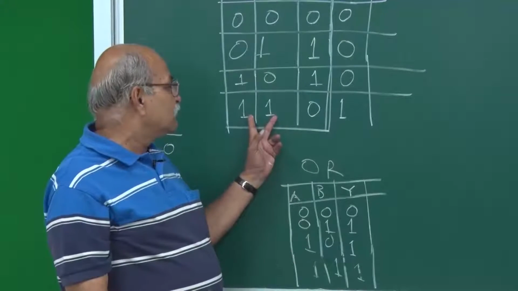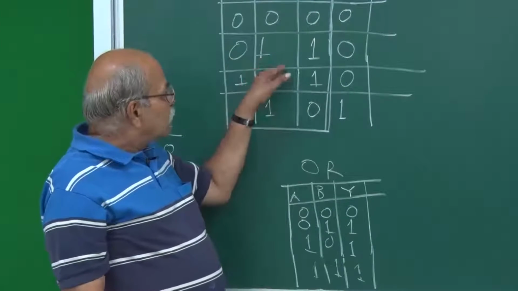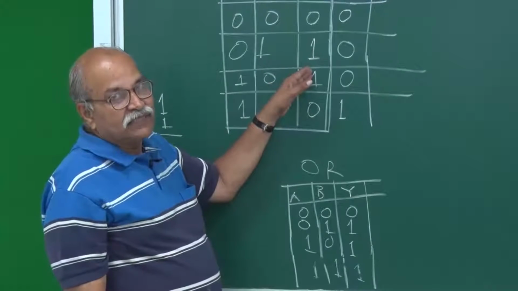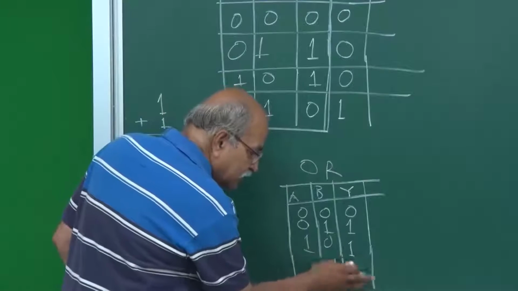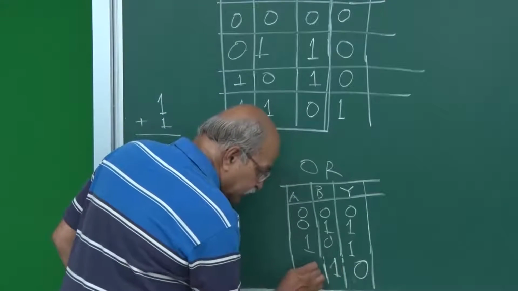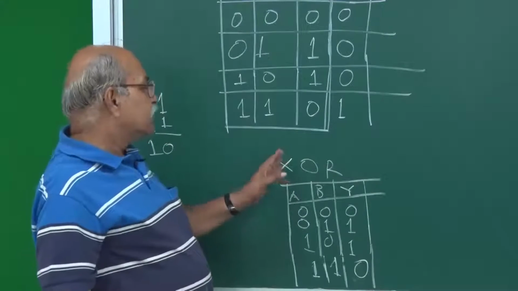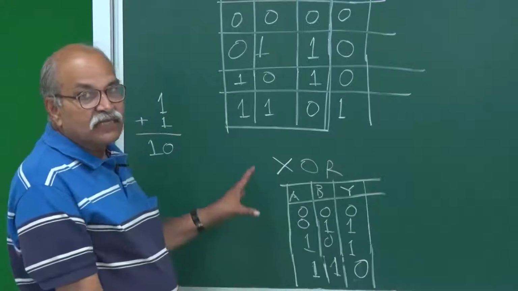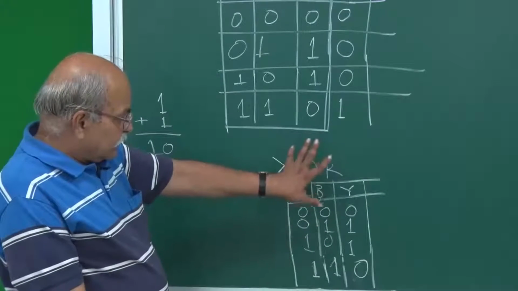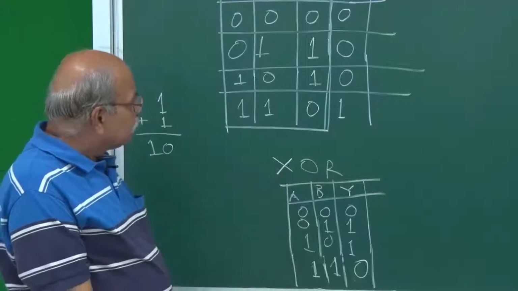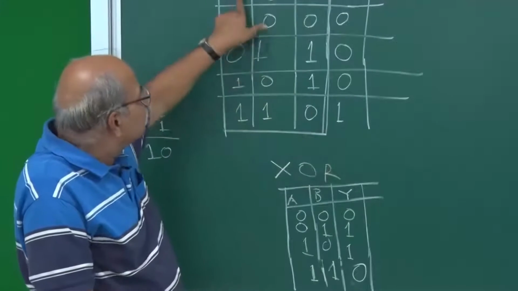So, if both of them are 1, then it becomes 0. If both of them are 0, then anyway it is 0. If one is 0, one is 1, then you have the output as 1. Now, this also has a special name. This is known as exclusive OR, and it is written as XOR. This is called exclusive OR or XOR. So, this is also kind of a gate, and it is important. So here, the sum is nothing but XOR of A and B.